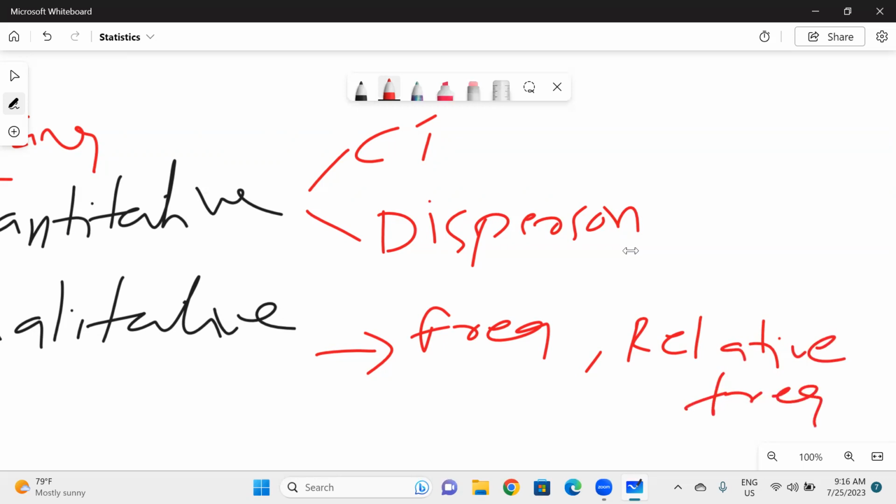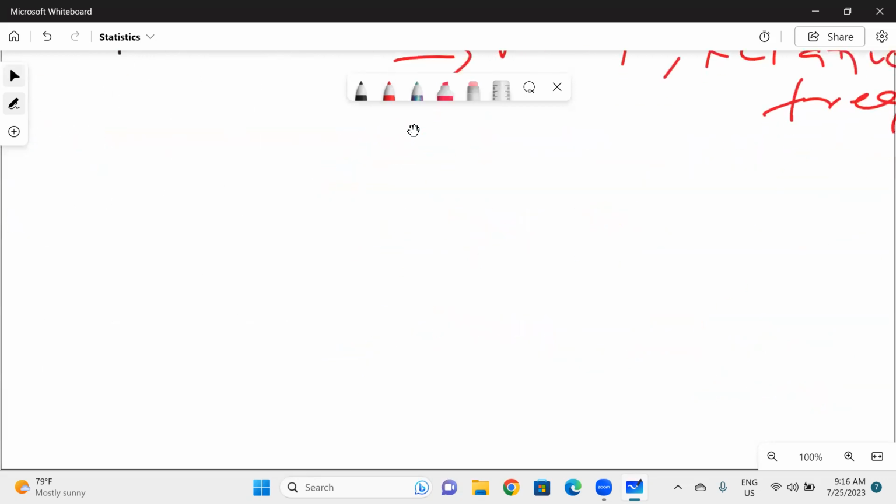If you have quantitative data and you want to summarize it, then we can use the central tendency and the dispersion. We can talk about what central tendency is and what dispersion is. Coming to qualitative data, we can use the frequency table or else a relative frequency table for understanding any kind of qualitative data. We have only that one kind of metric for summarizing your qualitative data.